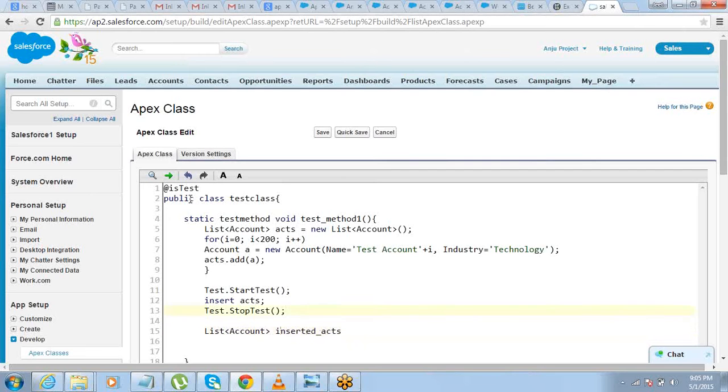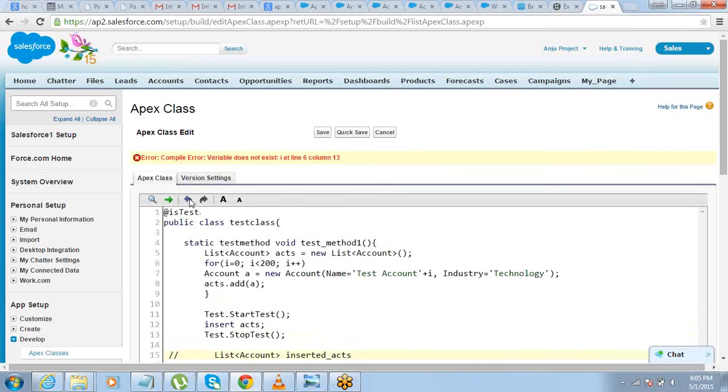Okay, so for that let's just do this much. Variable does not exist I at line number 6. Integer I. Expecting right for answer at line 12.